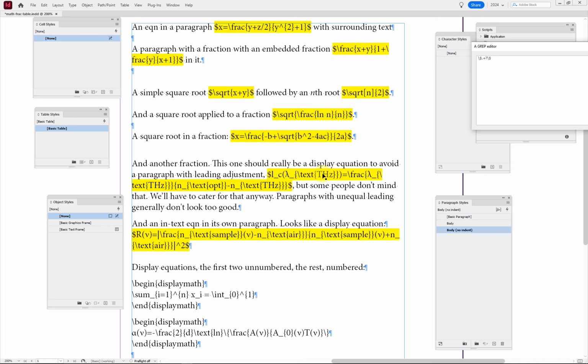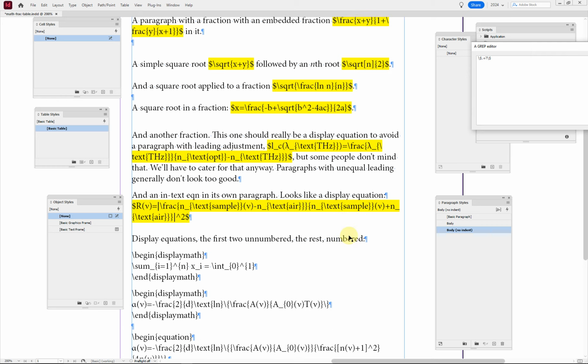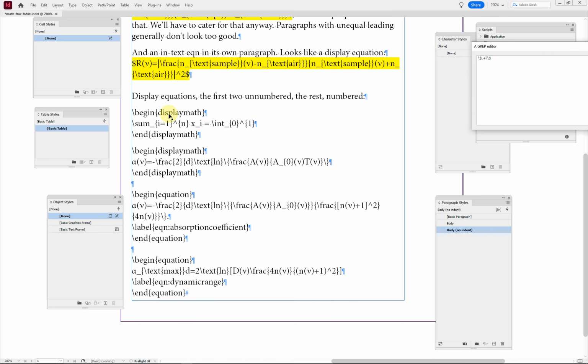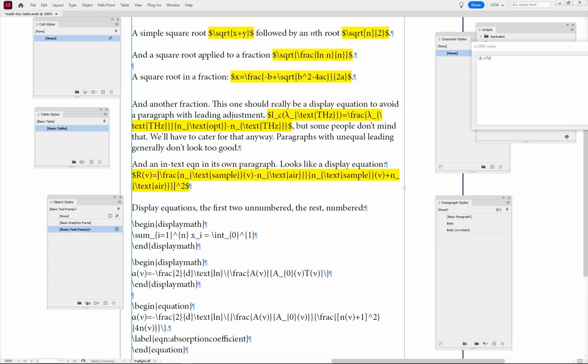This is a longer equation, just to see how it deals with creating space in a paragraph for an inline equation. This is an inline equation in its own paragraph. And then here are some display equations. Display math to display math, they are not numbered, and two equation environments which are numbered. Right, so